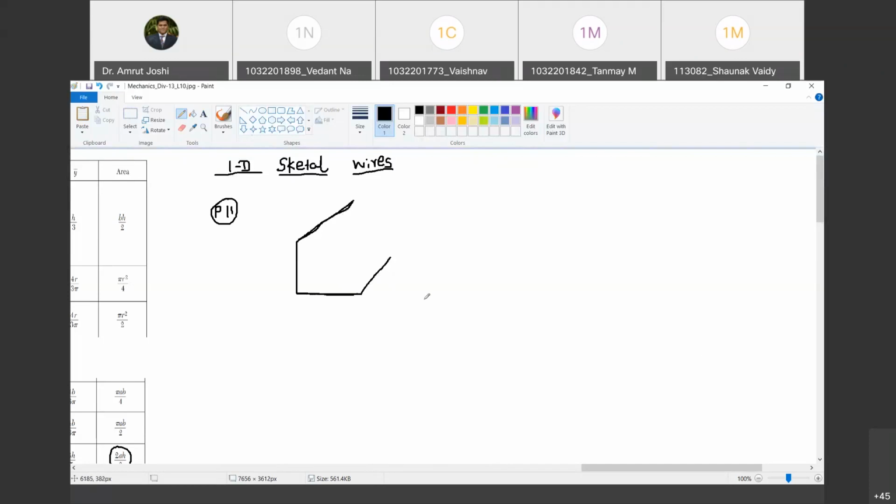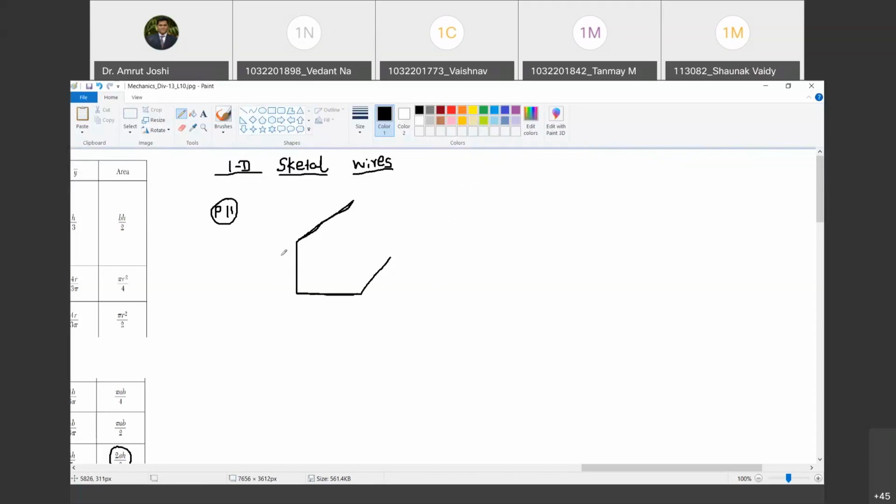So I am trying to locate center of gravity of this wire. Do you agree with me? Yes, sir. But we are dealing with the situations where rho and g are constant throughout. Cross-sectional area is constant. So I can say that center of gravity, center of mass, and centroid are going to be same. Happy? Yes, sir. So I have to locate the centroid, and that's the point where I will idealize the entire weight of this wire to be acting, provided rho and g are constant. Are you with me? Yes, sir.